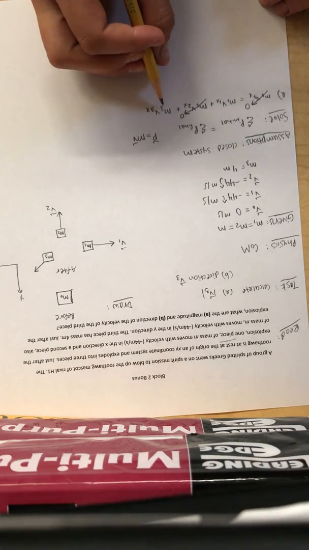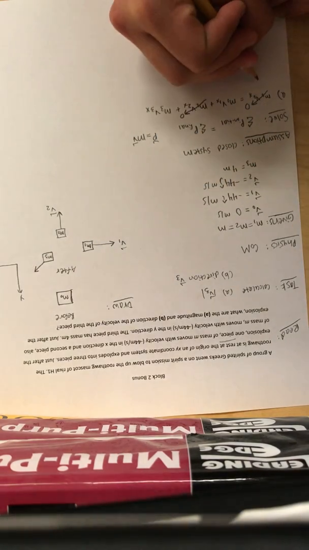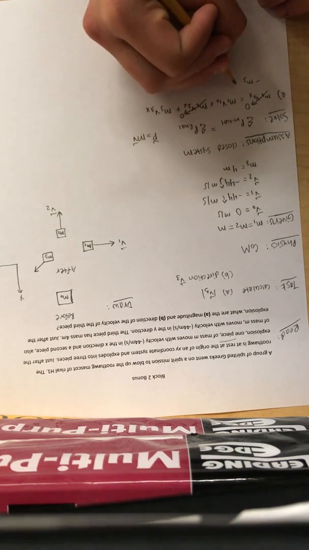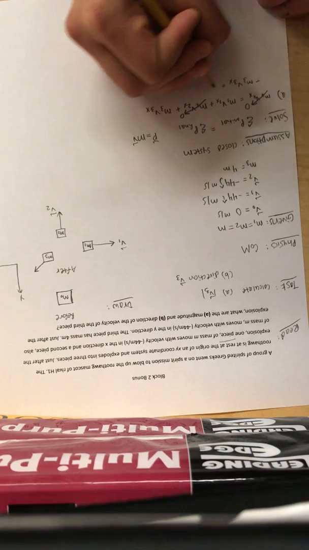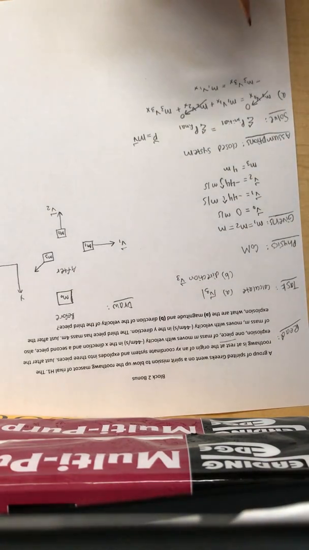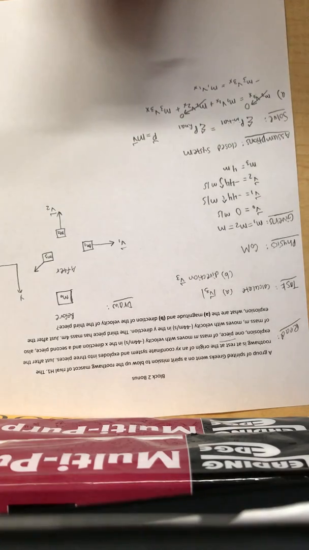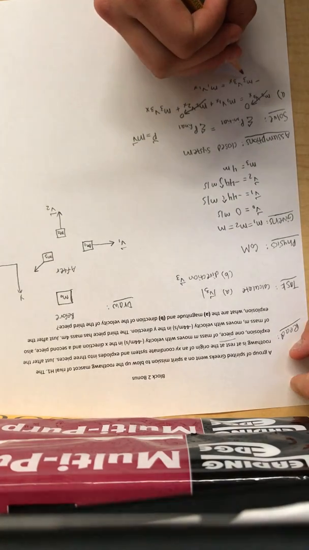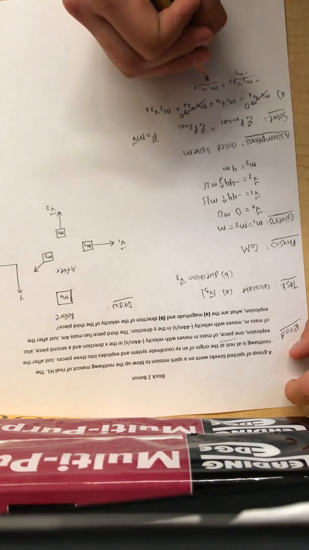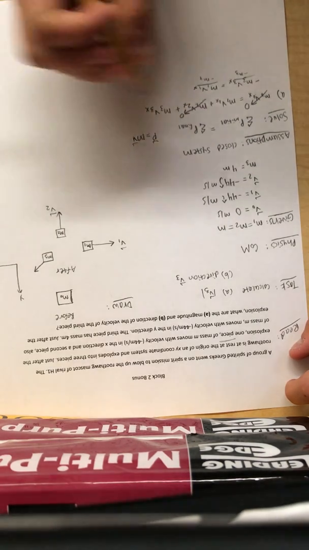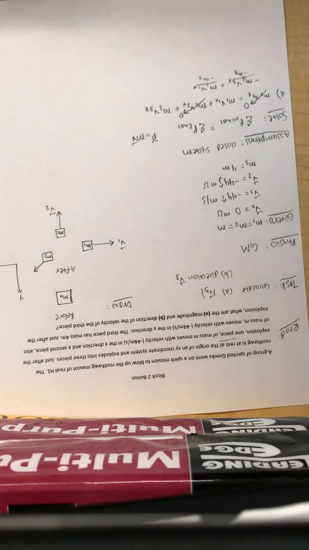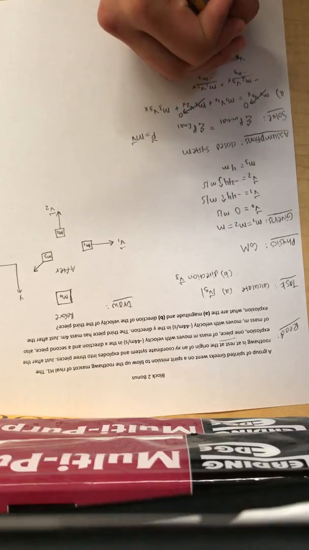So we can clean this up a little bit, bring the third block to the other side. And we're trying to solve for v3 in the x direction. So we'll divide by the mass of the third block, which is negative. All right, and that will give us